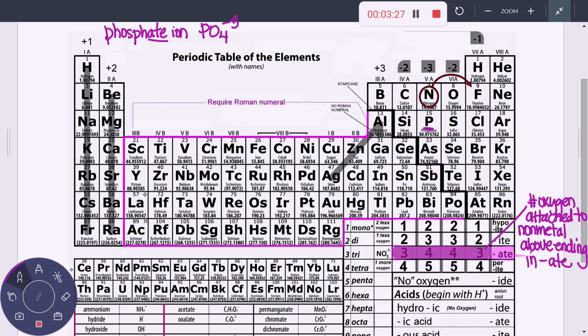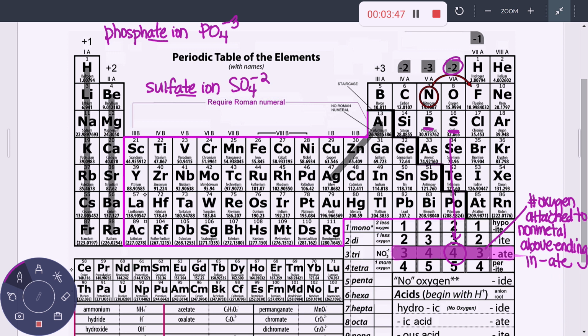Okay, if we have something like the sulfate ion, that sounds like sulfur. So I'm going to come over here to sulfur. It's S, and then go directly underneath it. SO4 -2